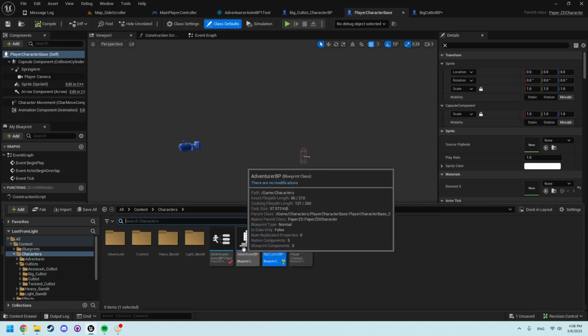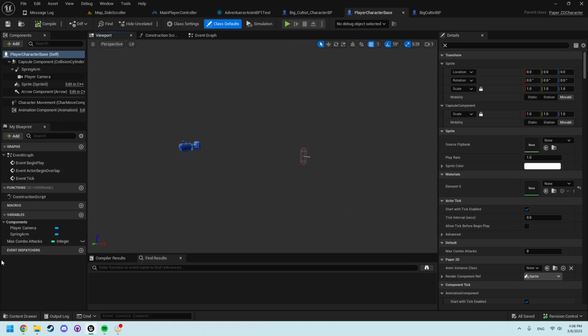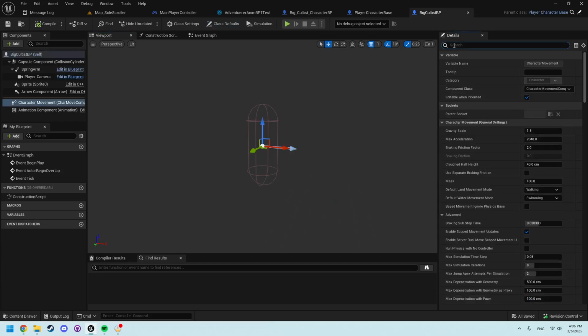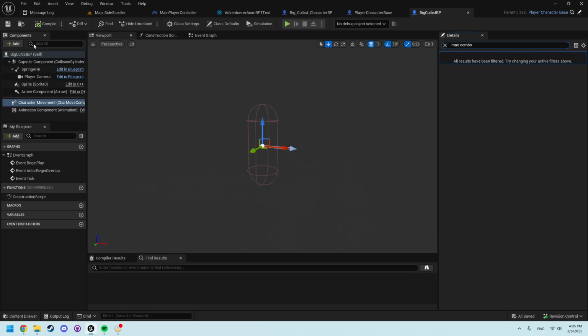So this is actually a child already, and that allows us to have better control and not have to do that monotonous setting of every single setting for every character. Also, it will allow us to create variables within the parent class. An example is this max combo attacks, wherein each character might have a different number of attacks. And if we see here, I can search up max combo. Oh, sorry, I need to select the self, and we can actually change it here,